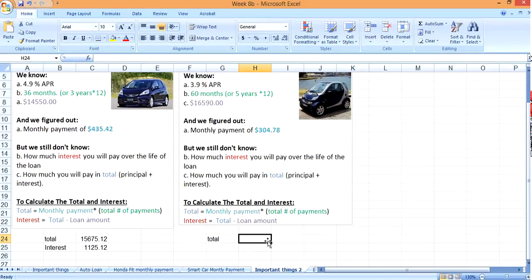So if we figure this out, we've got $304 a month for 5 years. So the total is going to be equal to 304.78 times 5 years, which is 60 times, which is 5 times 12, which is 60. So we're going to make 60 payments. We end up paying in total